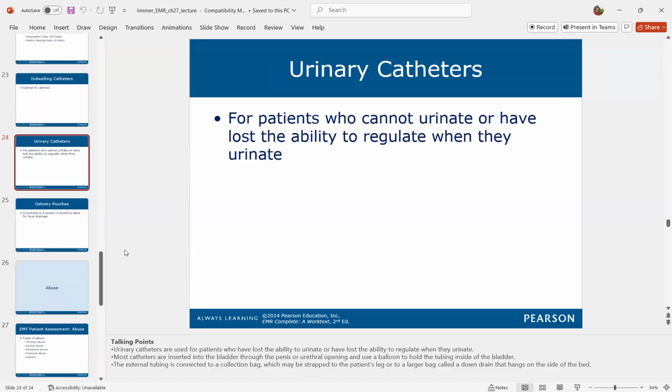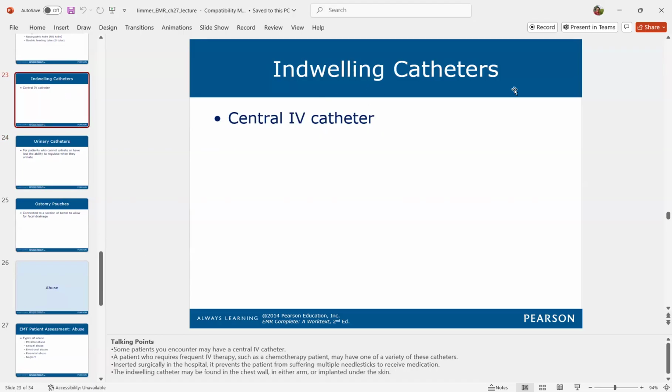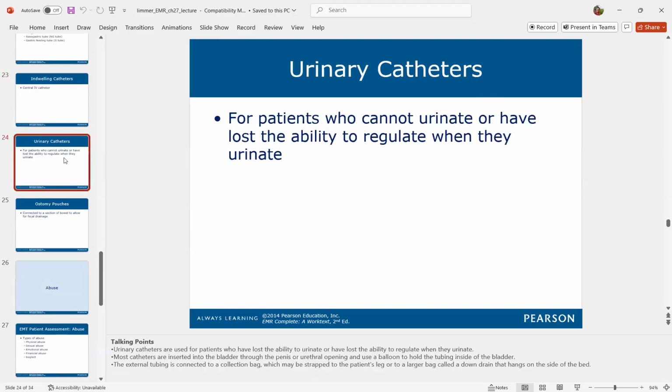The indwelling catheters, right? This is for blood. Not blood draws; we can't use it. It's only for doctors to use. This is different than a urinary catheter. A urinary catheter is used for patients who have lost the ability to urinate or lost the ability to regulate when they urinate. Most catheters are inserted into the bladder